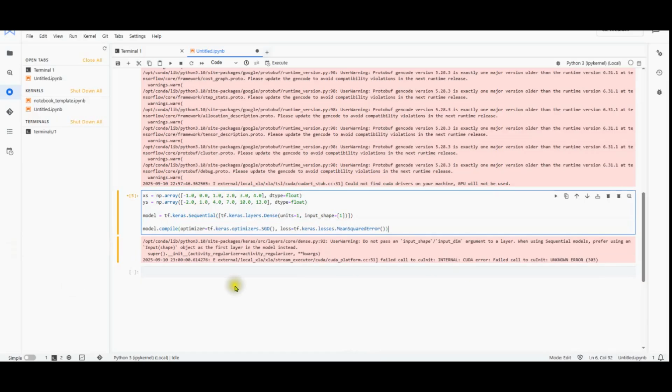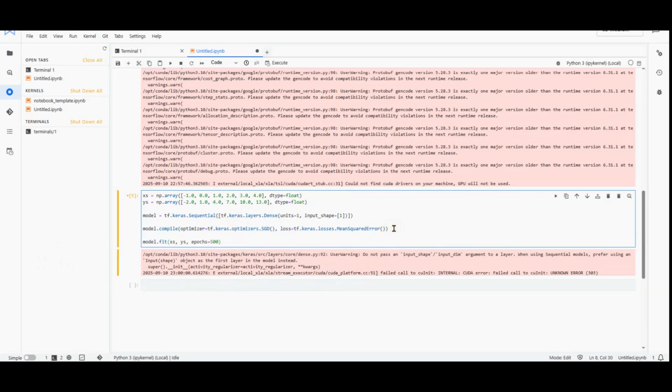So in this code snippet, you will tell the model to use the mean squared error for the loss and the stochastic gradient descent, SGD, for the optimizer. You don't need to understand the math for this yet, but you will see how they work. Next, we will add this line.